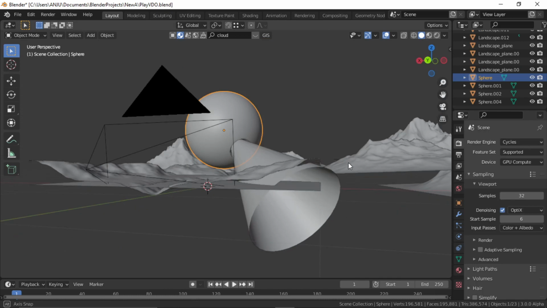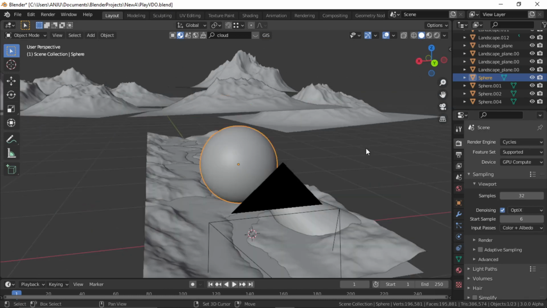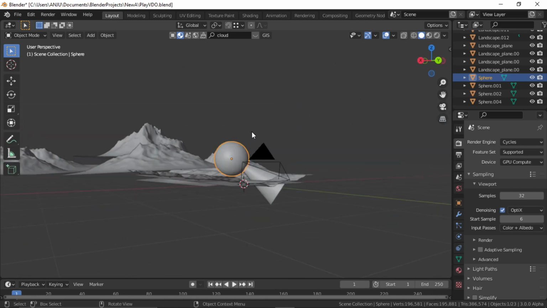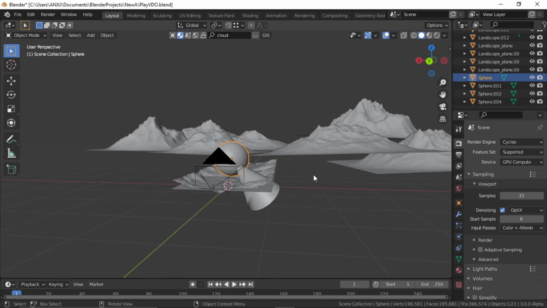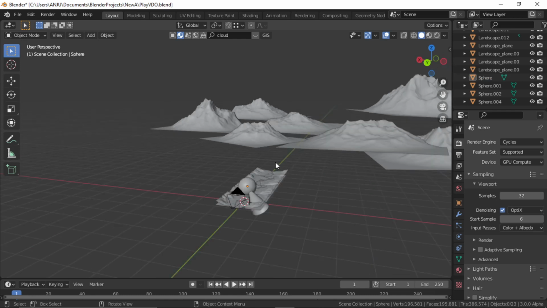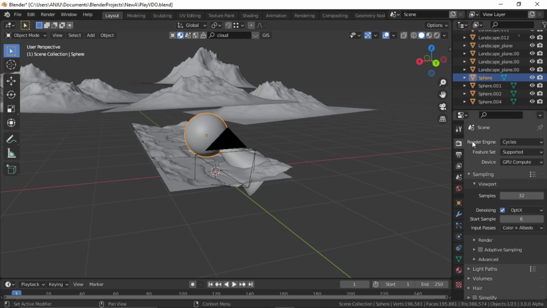Alright, so now let's create the lighting for our scene. I am using the Cycles X version, and it's an experimental Blender 3.0 build. You can download it from the Blender site. It's a bit faster than the regular Cycles, however you can use the regular one also. So you can see in the render settings I am using Cycles, and for device I am using GPU compute, and in the viewport shading I am using denoising with OptiX on and start sample 6.